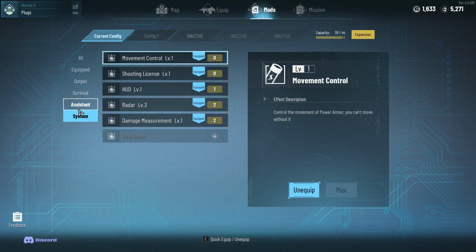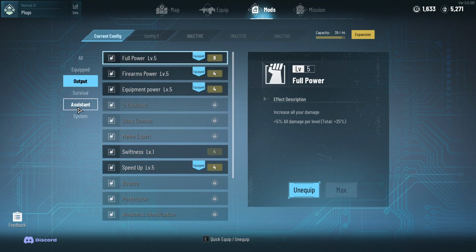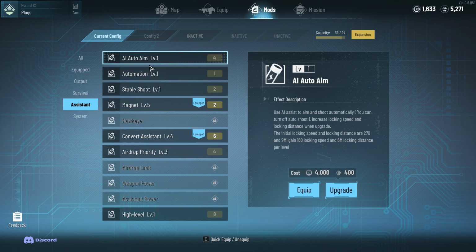It's in what system, or is it survival? I can't remember what it's called. Assistant, there we go. So auto aim is there. If you want to not manually shoot, then you would equip this. And you only have a capacity of 44. So if you start equipping all the mods, then you're going to run out of capacity, which brings me to